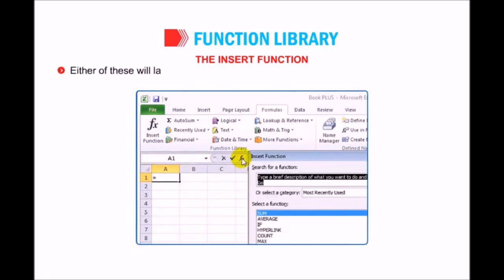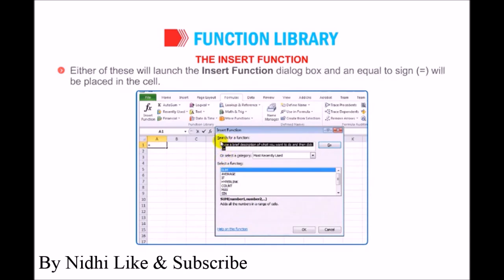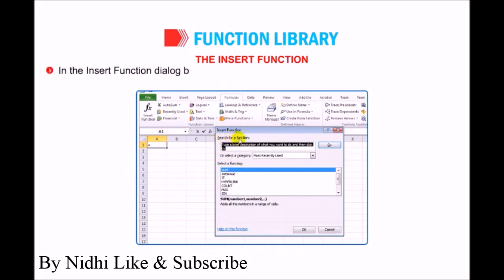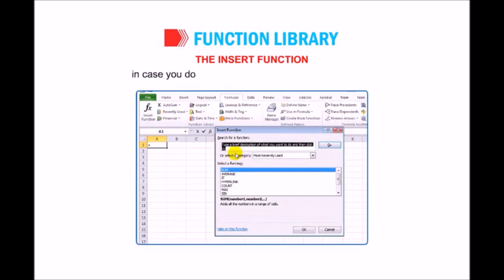Either of these will launch the Insert Function dialog box and an equal to sign will be placed in the cell. In the Insert Function dialog box, you can search for a function by typing a brief description of what you want to do in the Search for a Function text box, in case you do not remember the name of the function.